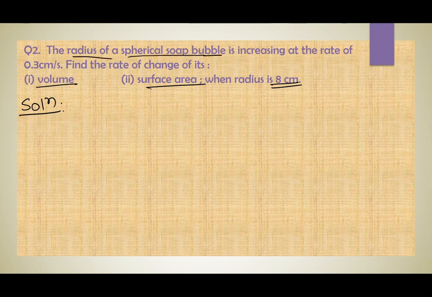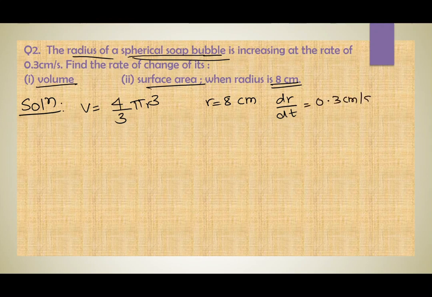याद है क्या थी first step? First step थी identifying the shape. So, geometrical shape is a sphere. और उसमें वॉल्यूम निकालना है, तो वॉल्यूम ऑफ स्फीयर रहता है 4/3 πr³, यहाँ से स्टार्ट करना कभी भी। r is given to be 8 centimeter and dr by dt is given to be 0.3 centimeter per second। ध्यान में रखना कि यूनिट्स को रेट मेजर में इंपॉर्टेंस है।